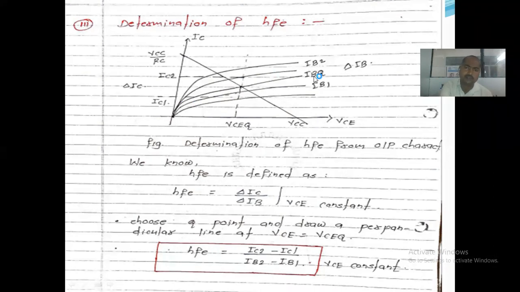So accordingly, we have taken the IB1 value, IBQ value, and IB2 value. These values are used, and accordingly we have to draw a perpendicular line. This is the perpendicular line, which should be between the IC and this Q point and the VCE point. So the VCE point of that is nothing but considered as VCC. This is the VCC. This is the Q point, VCEQ point. This is nothing but VCC by RC. So along this perpendicular line, we just have to use the points of this, which that point